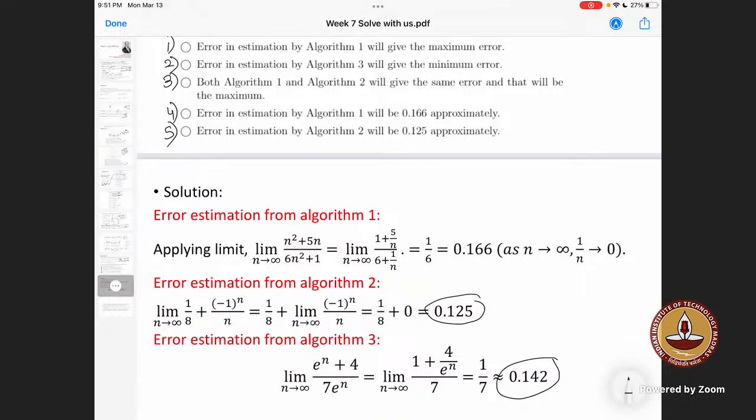So in the first algorithm, we can directly substitute when 5 by n is there, we are substituting 0 there. After the simplification, dividing by n square, we are making use of this fact. Simply remember, as n